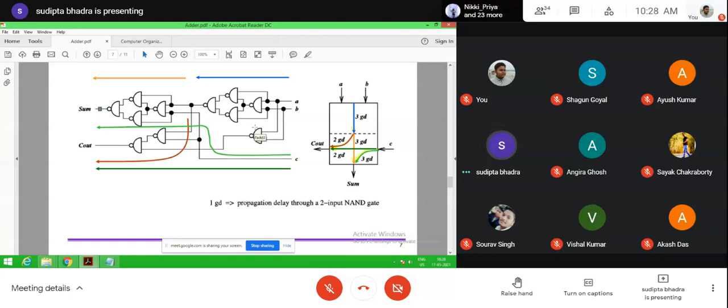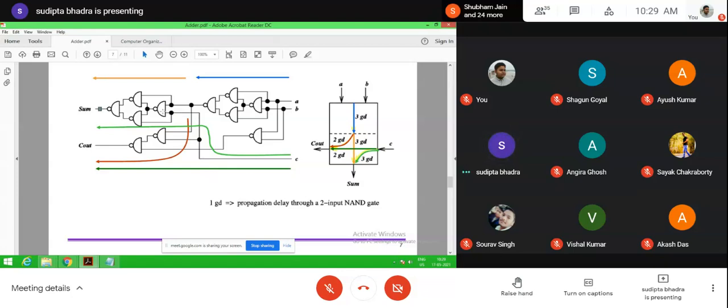Here one thing is there: the basic implementation is done by NAND gates, and in counting this 6 GD, 3 GD means from C to sum, how many NAND gates are required? 3 to sum. C is here, it goes here.